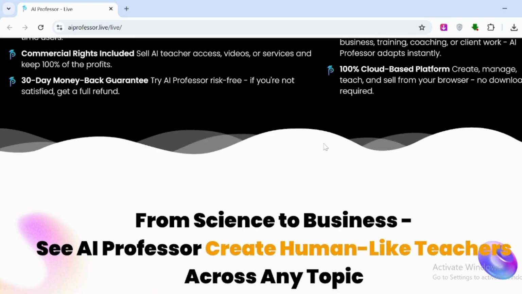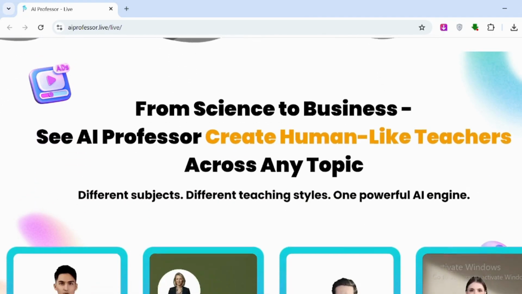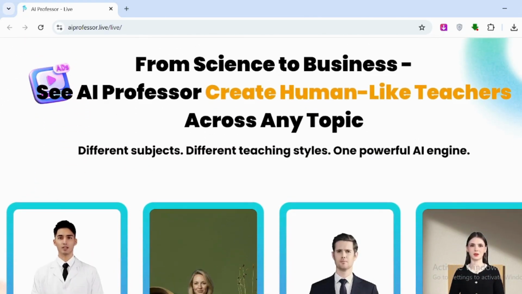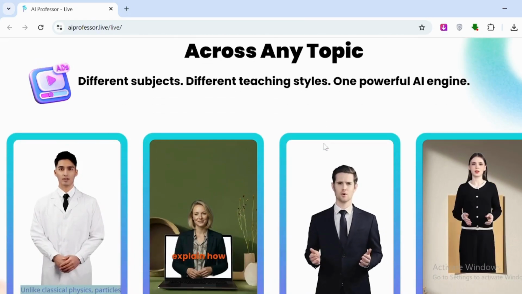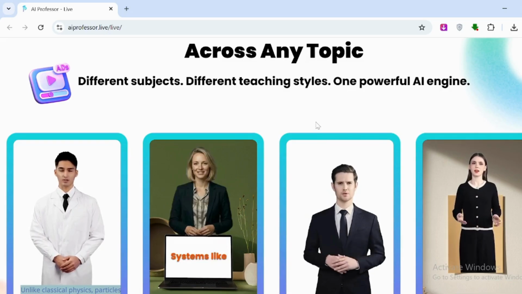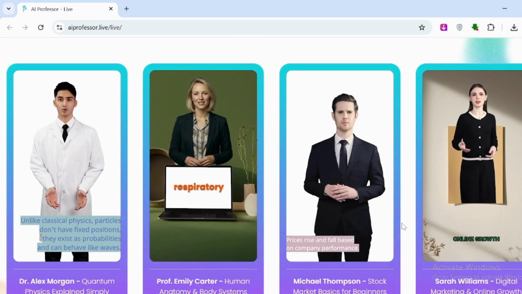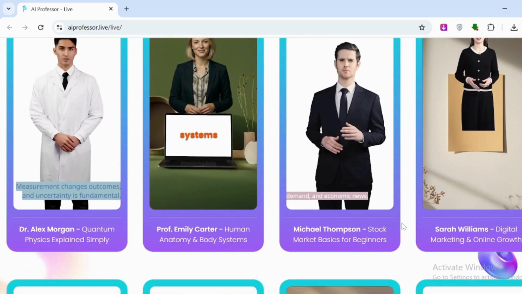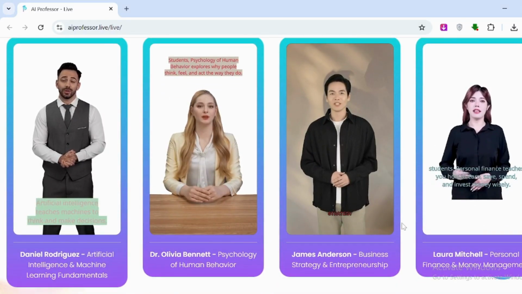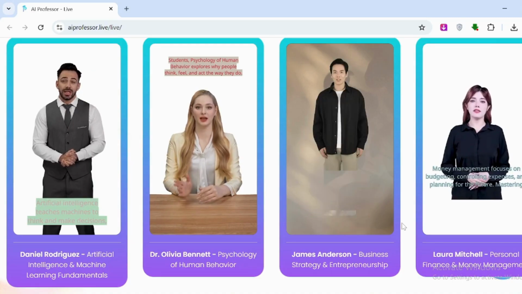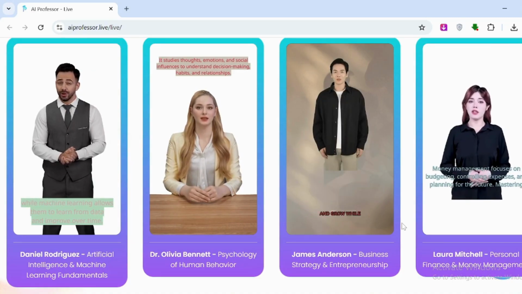At its core, iProfessor is designed to help people teach topics online using artificial intelligence. Instead of recording yourself or preparing lengthy lessons, you type a topic and the system creates a teacher who explains it on video. This approach feels especially helpful for those who enjoy the idea of teaching but prefer to stay behind the scenes. The platform focuses on simplicity and clarity, which makes it accessible even for people who are new